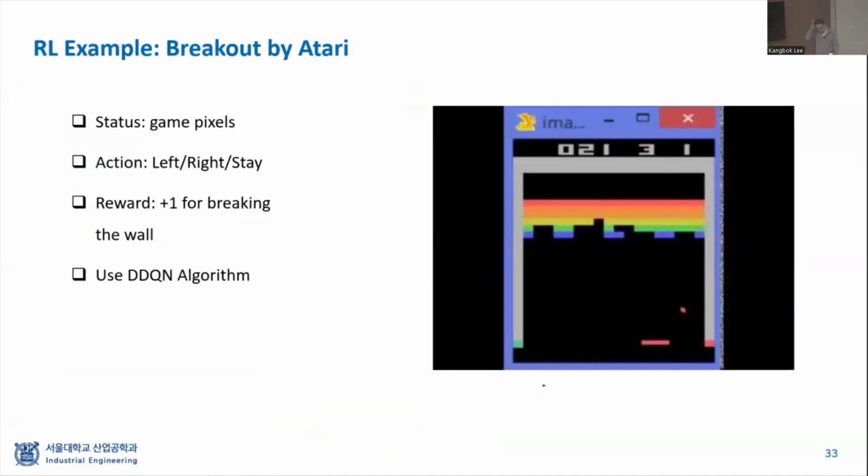So AlphaGo is not just successful for the complex Go game. It can do a lot of different simple games that we have played when I was very young, before you guys were born, right? So many years ago, I was playing these games, and let's see if this can